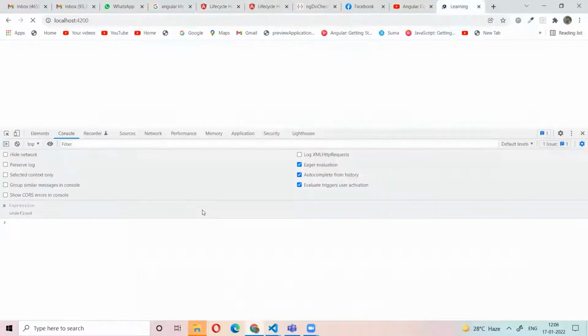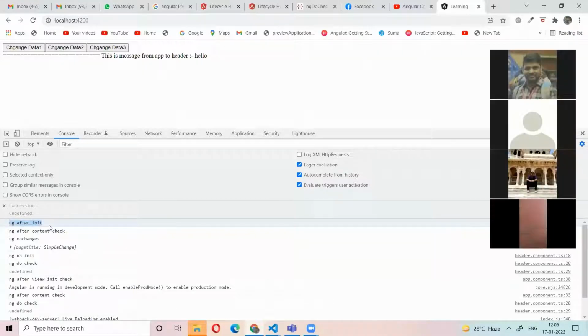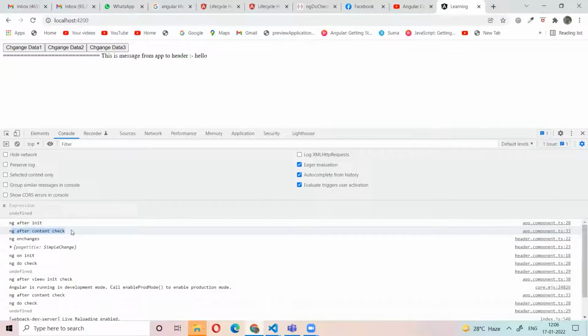Let's check. So first, before initializing the child component, ngAfterContentInit is loaded. Before the view child content is checked, ngAfterContentChecked is loaded. Now the child component is loaded, the child component initializes, and the child component's data is checked. After that, ngAfterViewChecked.